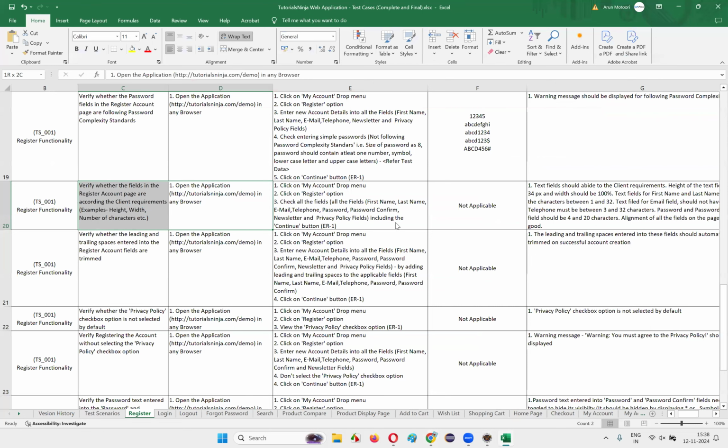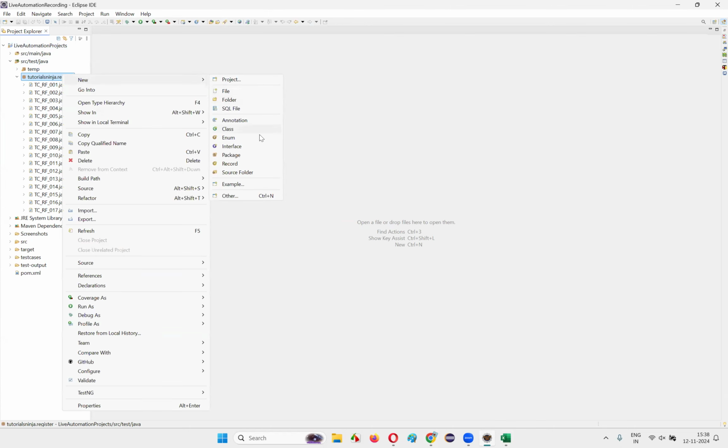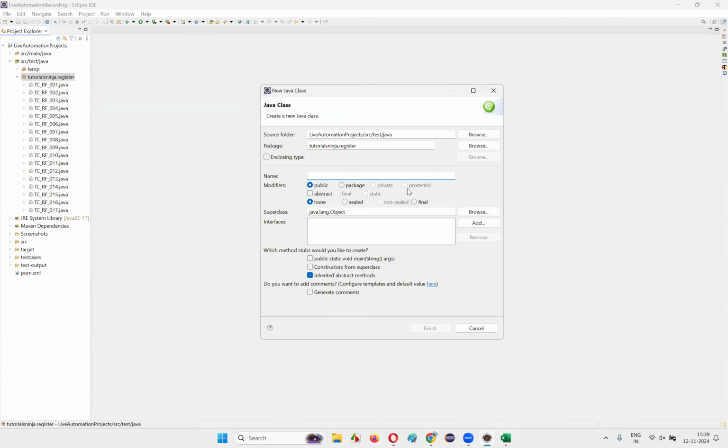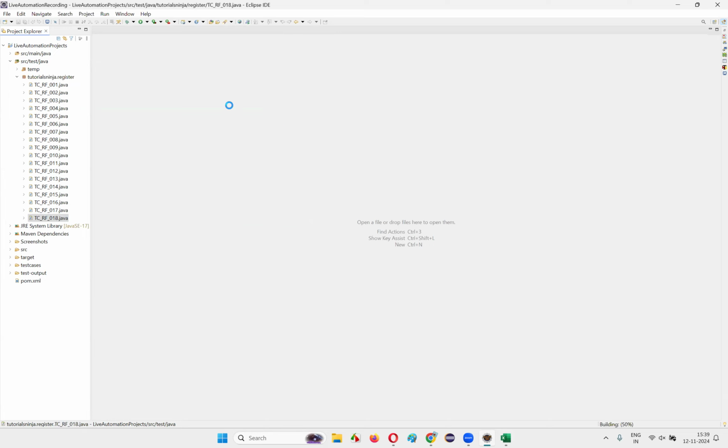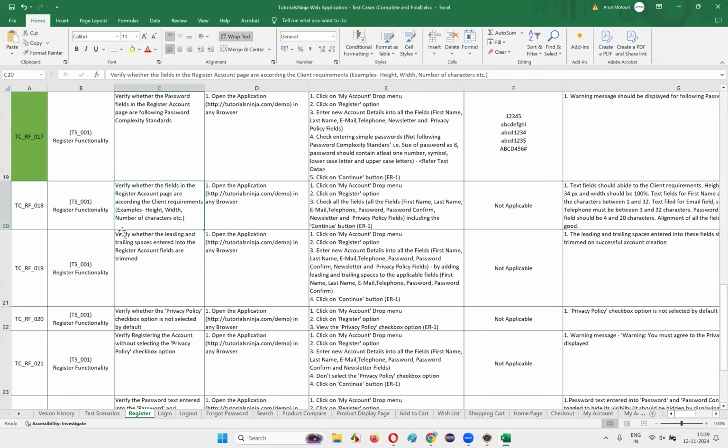You will understand everything. I'll go to this Eclipse IDE, and here under the Eclipse IDE, I'm going to create a new class, guys. I'll name this class TestCase_RegisterFunctionality_018. Click on finish. Inside this file, create a method that is public void verify